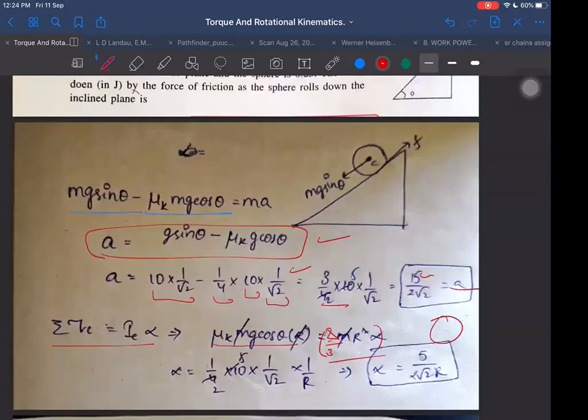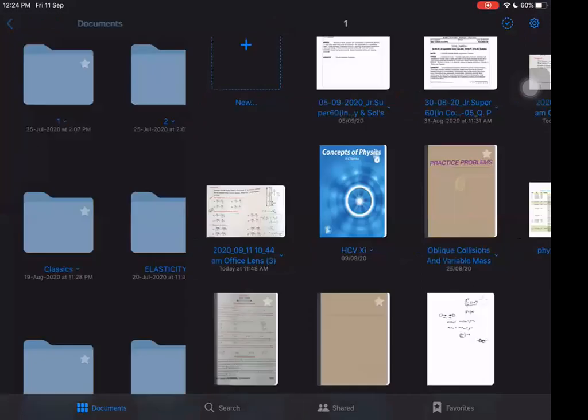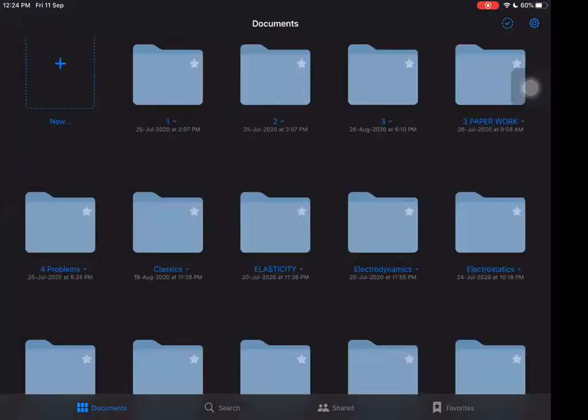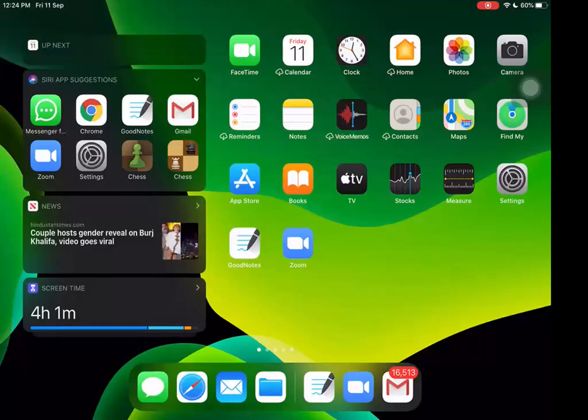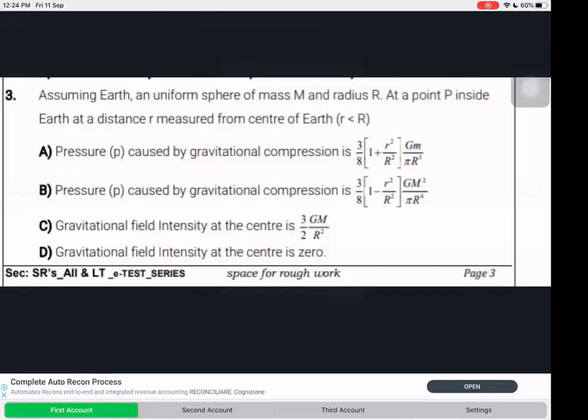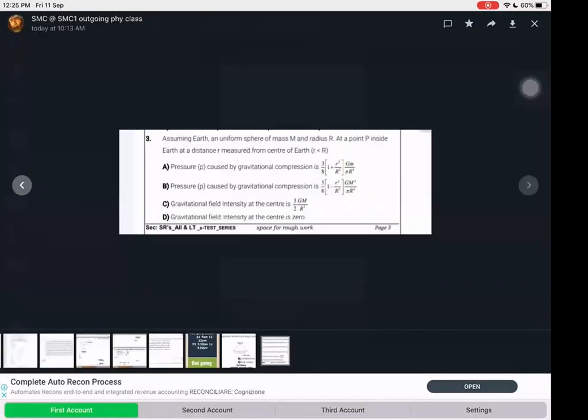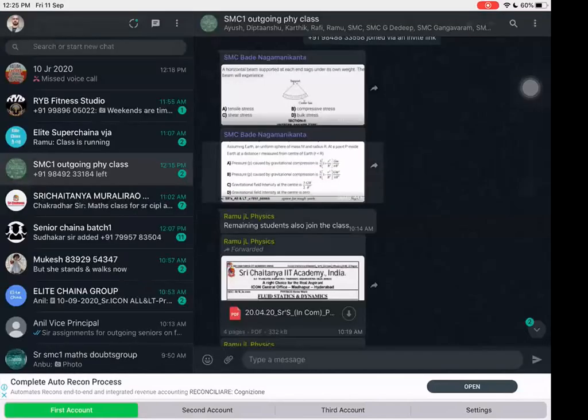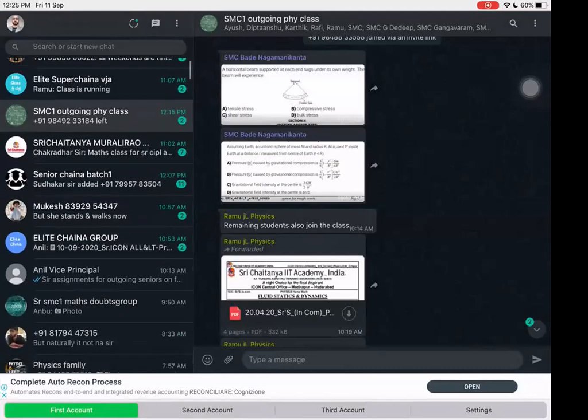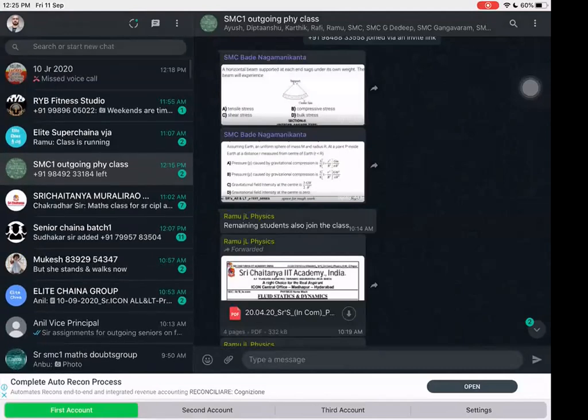Right, next, any other boy who is sending? Somebody said that I will send in WhatsApp. Let me check if you have sent or not. In WhatsApp group, sir. Somebody send, I will send in group. Then you can send in group also if you are finding it inconvenient to send in mail, although for me it is more convenient from mail. You can send in group also on WhatsApp. I am checking it now.